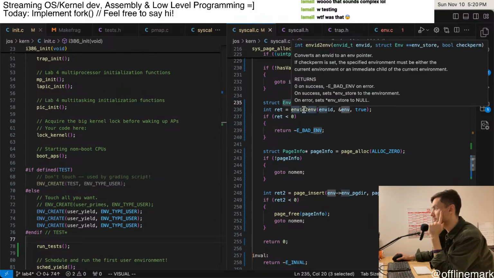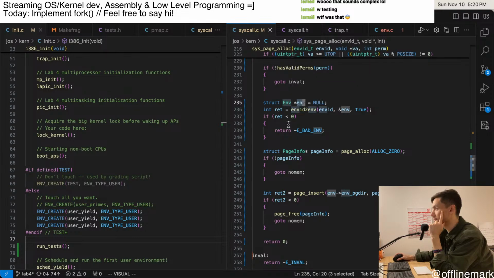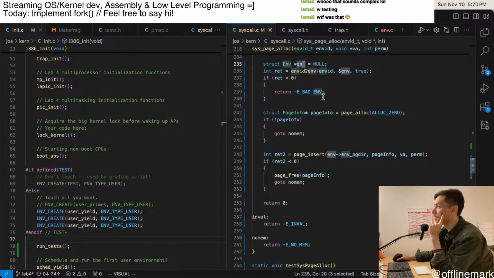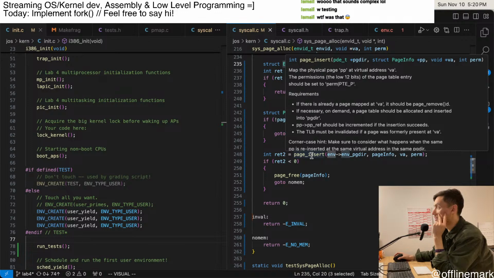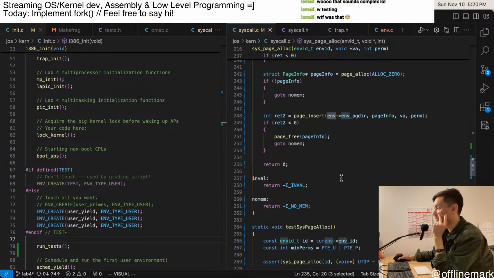So if this succeeds, which means env should have a valid thing. Page alloc is a pointer, but page insert, we check if it's a null pointer, and we just pass that. We don't dereference that. So